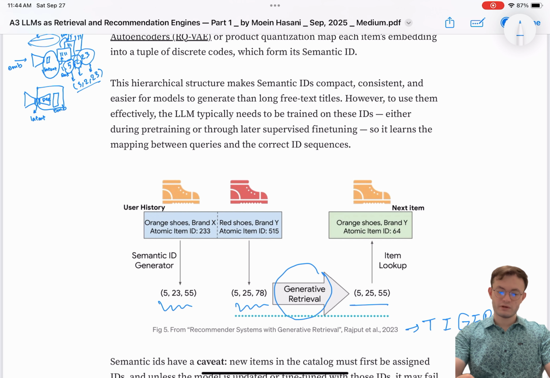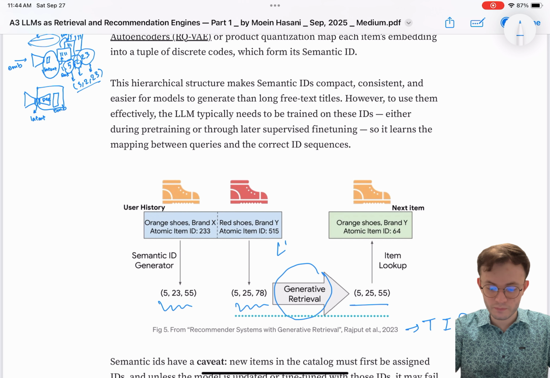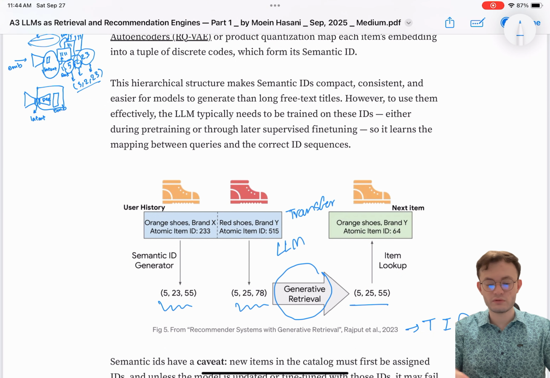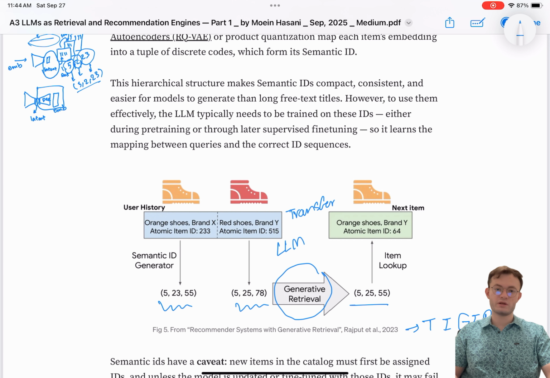And this can be passed to an LLM or just a very large transformer. So sometimes in this field, when you're talking about generative retrieval, it doesn't necessarily mean we're using an LLM. Sometimes it's just a very large transformer model that's learning to predict items sequentially.